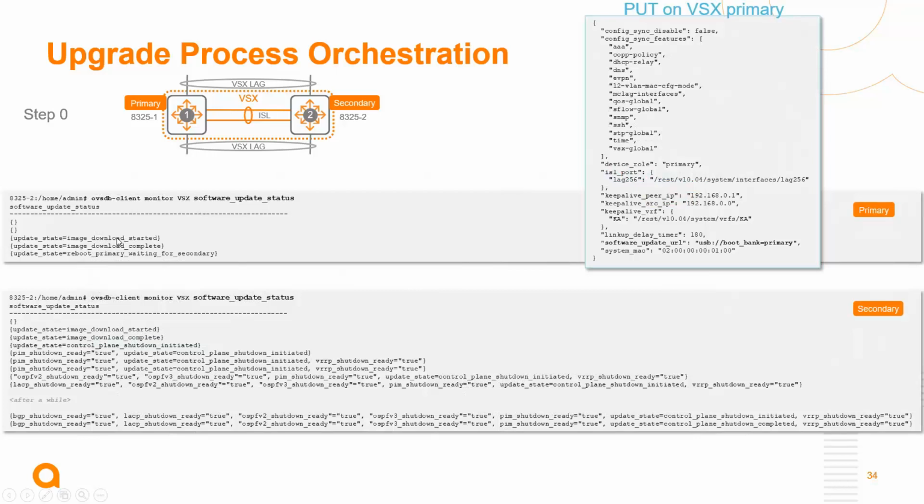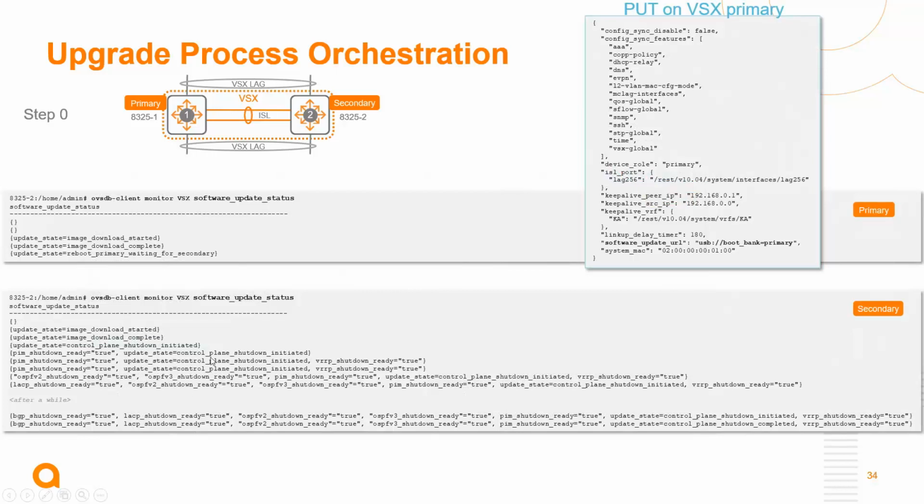That's because the image is already there. That's immediately followed up with a completed, and then the reboot is triggered for the secondary. And we'll do the same monitoring on the secondary so that you can see all the steps with all the status of the update for the secondary.